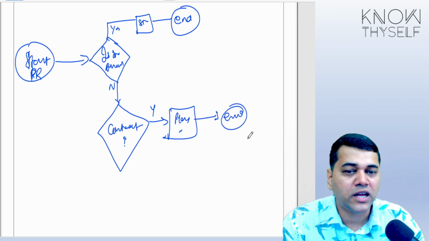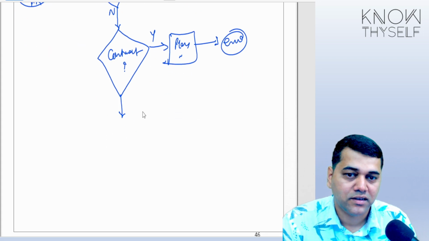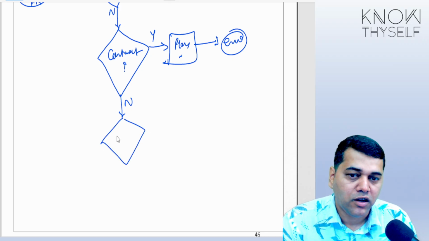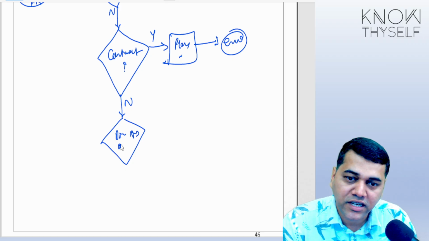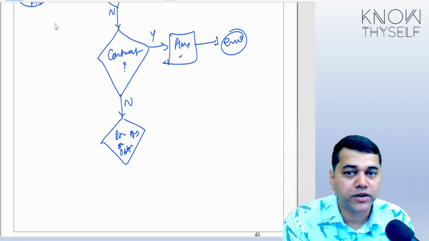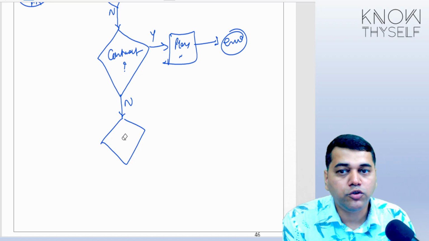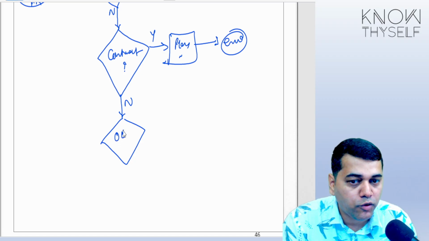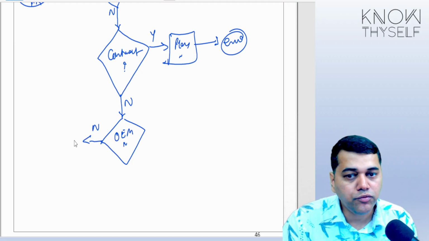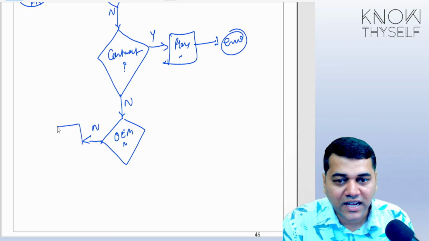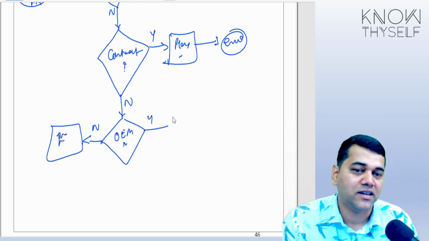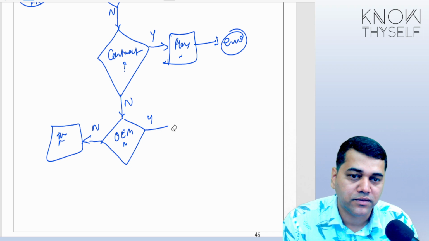No, if the answer is you don't have a contract, then you ask one question to yourself: do you have approved vendors, OEMs? Do you have approved OEM vendors? Because you need to see now, because there is a requirement. Do you have OEM vendors? If the answer is no, now you may have to try for new vendors or look for vendor development. If the answer is yes, then I will ask one more question to myself.